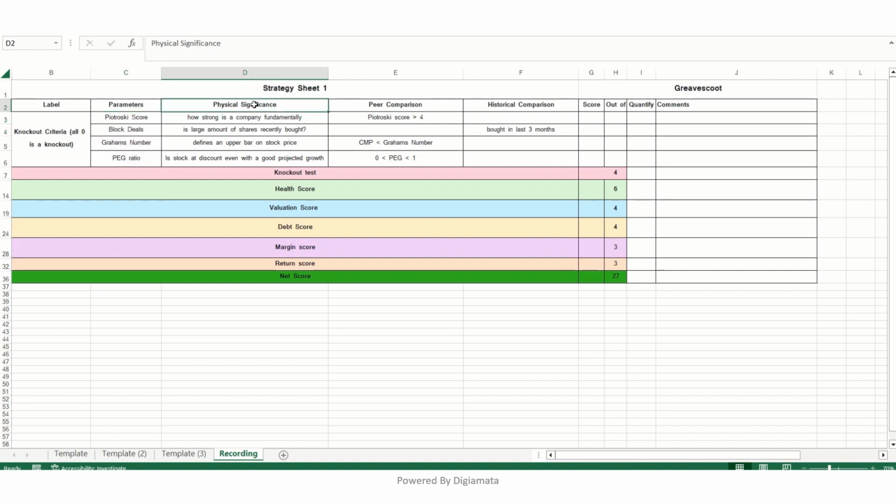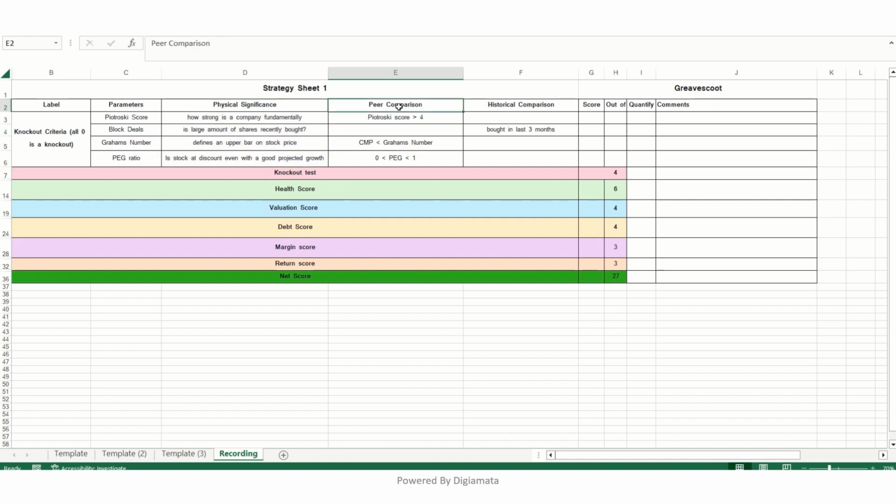Then you will have your physical significance. Now, there would be a lot of scenarios where you will forget what the physical significance was, and I don't really want you to go back to the video and waste your time searching through the timeline for where that particular concept has been explained. So we have written it nicely here so that you can understand it quickly without wasting your time.